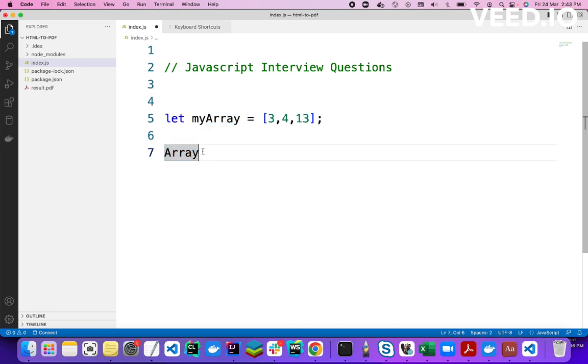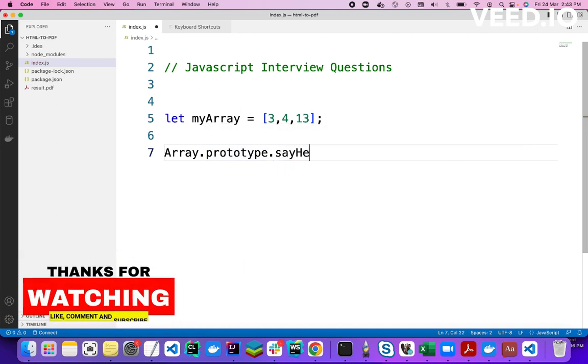But we want to add some method or some property to this Array class, so that it can be received by all the instances of this class. So let me add it: Array.prototype,